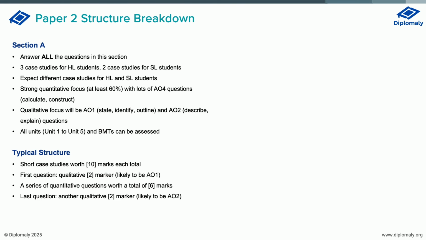Section A has a particularly strong quantitative focus. At least about 60% of your questions will fall into the AO4 category. And what this means is that the question will ask you to calculate something like a ratio or construct something like a final account. The qualitative questions will be a mix of AO1 questions, simpler questions that might ask you